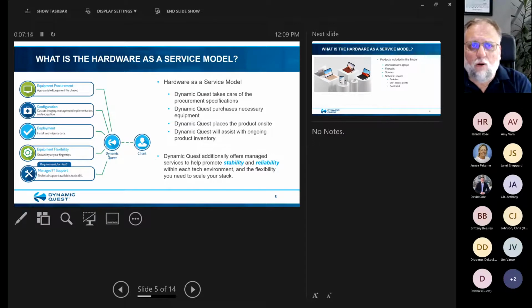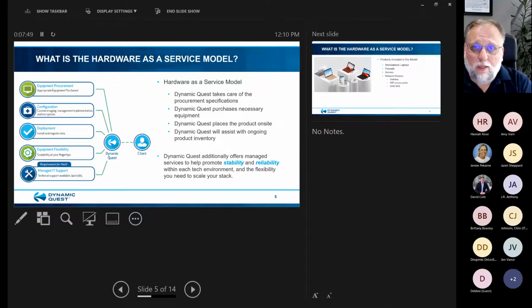So when hardware as a service is implemented, it is usually in a model where it's a fully managed IT support solution by your MSP, almost always, because the two go hand in hand. You're buying the hardware as a service, but it has to be coupled with the support model that the MSP is providing. I hope that makes sense. If it doesn't, we can certainly come back to that. You can ask additional questions to make sure you have a good understanding of it.